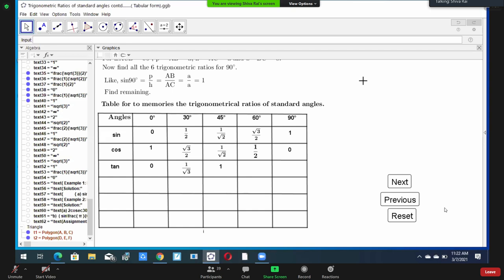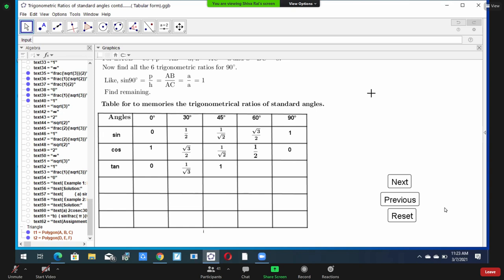Always remember this. If one fraction is divided by another fraction, or the numerator may not be a fraction but the denominator may be a fraction, in that case, if you are dividing by a fraction, we have to change that into reciprocal. So here root 3 by 2 divided by 1 by 2 means root 3 by 2 into 2 upon 1. Reciprocal of 1 by 2 means 2 upon 1. So 2 cancels, there remains root 3. So tan 60 degree equal to root 3.